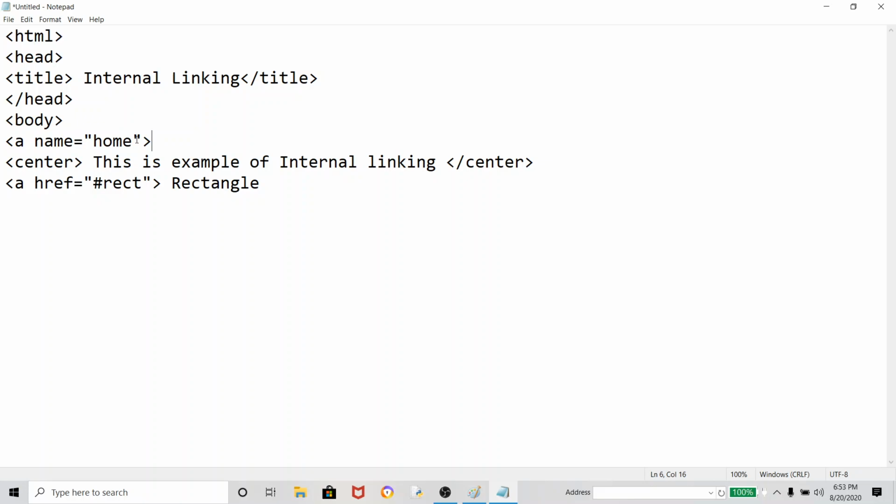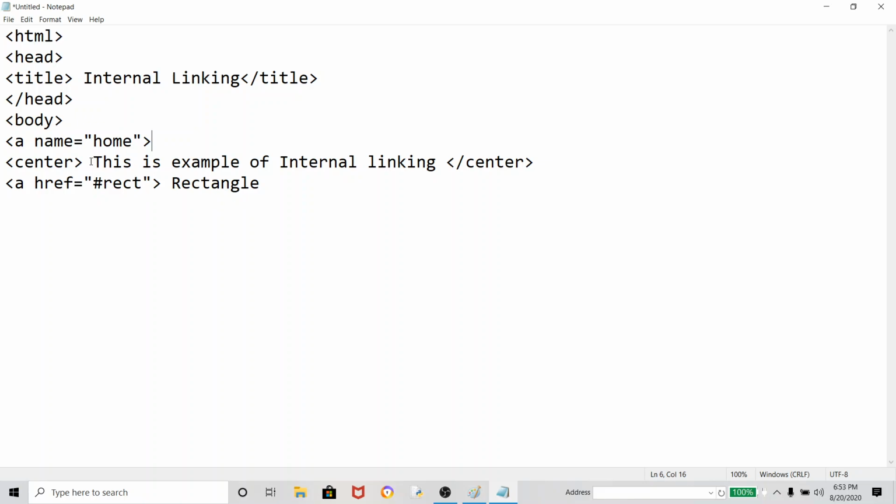Any names you have to give, like a home, I will show you rectangle, so I will give the name rect. I have to show the circle, so I will give the name hash circle. Clear? Any name you can give. So here I am giving all this information of the home web page, the home bookmark. We can say it is the home, I mean the starting of the page. You may use either start or home, no problem. So this is your home information.